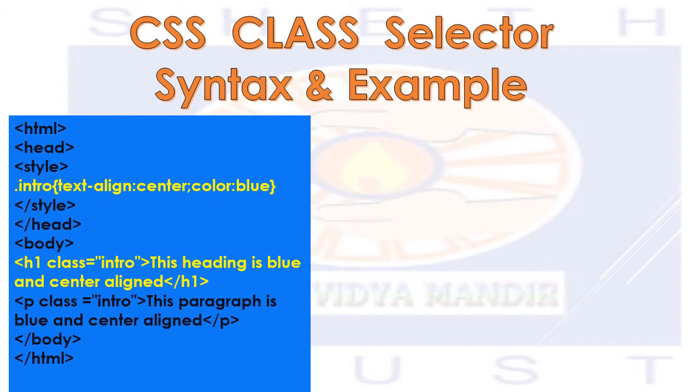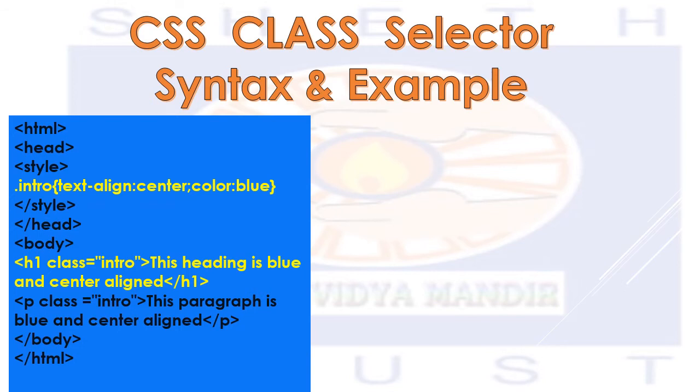Now for this particular class, if I want to add this CSS to an element, see here down how I am using it. You can see the body tag is open, and I am giving which tag? The H1 tag. In the H1 tag I am using the class intro. Correct? This is how we are using internal CSS. That is why you can see this particular CSS intro which we have defined in the style tag. The same thing I am using over here in the H1 tag.